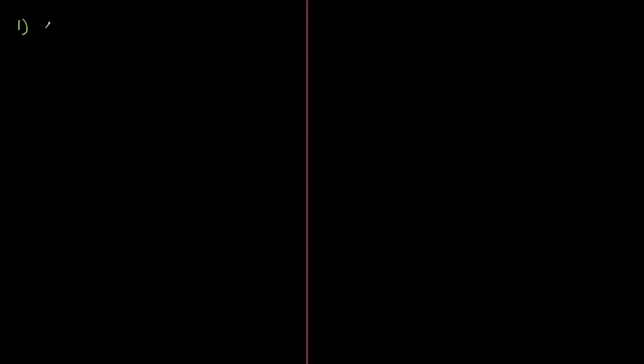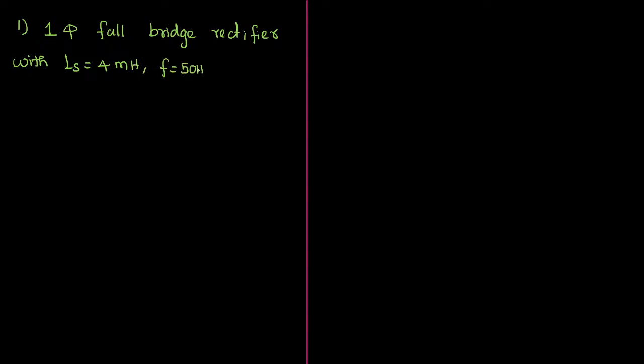Once again, it is given as a single phase full bridge rectifier with a source inductance Ls equal to 4 millihenry. Supply frequency is given as 50 hertz and supply voltage Vs is also given as 120 volts. Everything is given. It is connected